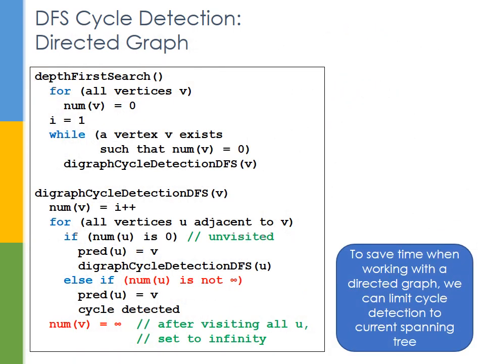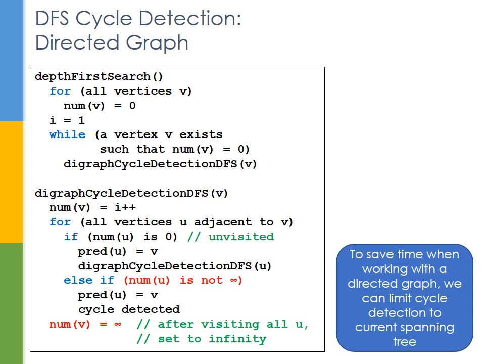So on the previous slide we discussed a modified depth-first search algorithm for the detection of cycles in an undirected graph. We're now going to apply the same procedure but to a directed graph. Now some minor modification is required once again to the algorithm, and it's highlighted again in red over here. And the reason that this modification is required is that we're going to limit our cycle detection search to the